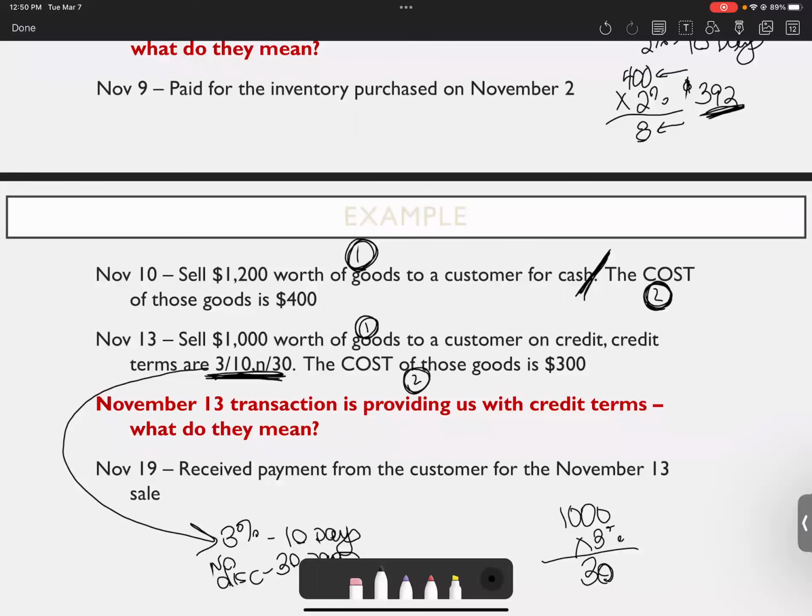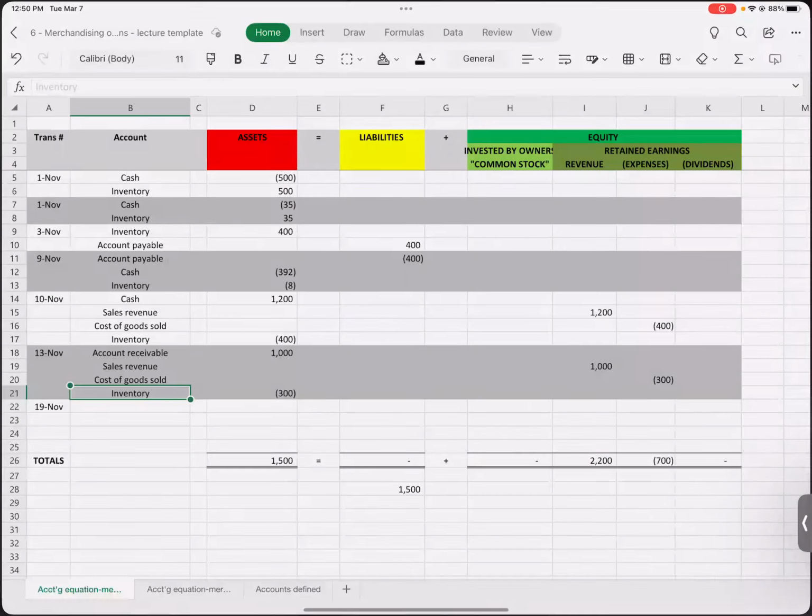If they're getting a $30 sales discount, but they owed us $1,000, what we have to understand is that the amount of cash that we're actually going to get is only going to be $970, right? We give them that $30 discount. That means that we're not going to get those $30 in cash. Okay. So we have all of the pieces of information that we need in order to analyze this last transaction,